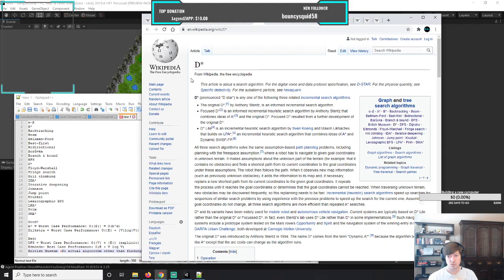Through related incremental search algorithms, original D-star, Focused D-star is an informed incremental heuristic search algorithm. It combines ideas of A-star and the original D-star. Focused D-star resulted from the development of the original D-star. D-star Lite is an incremental heuristic search algorithm. It builds on LPA and combines ideas of A-star and dynamic